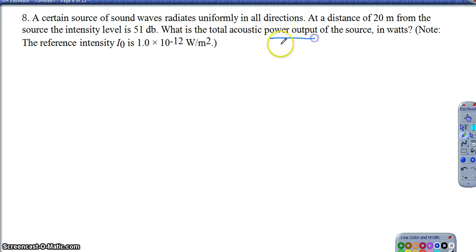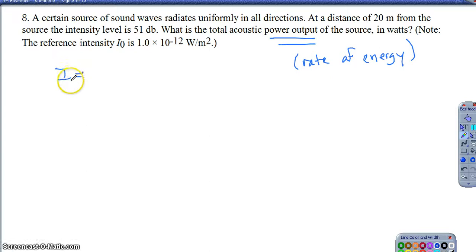So we're looking for, again, the power output. The other way they may phrase that, as they did in the last question, is the rate of energy leaving the source, but the rate of energy and power are both the same thing. So they're asking us for the total power output from the source in watts. And then they give us a threshold of human hearing, and they ask us to go from there. So the key concept here is if I want to find the power, the easiest way to find